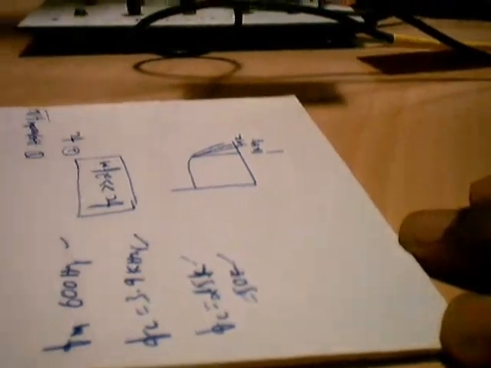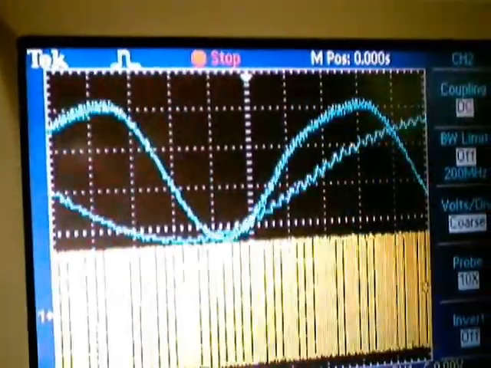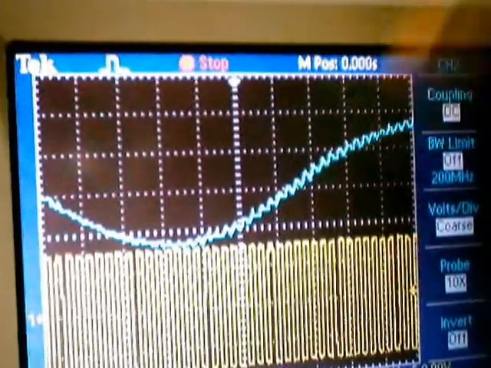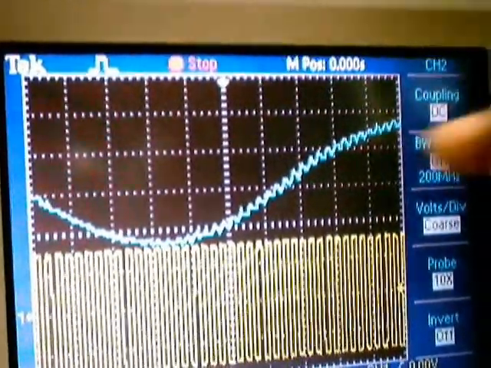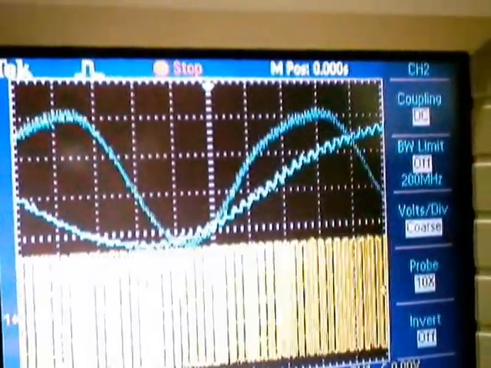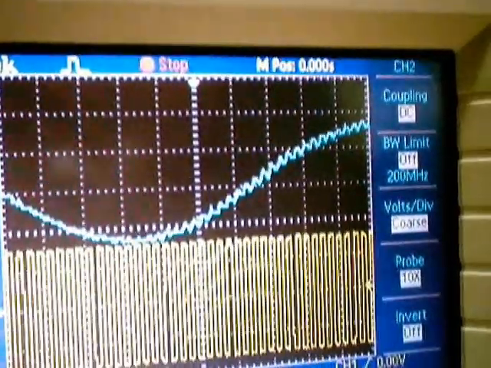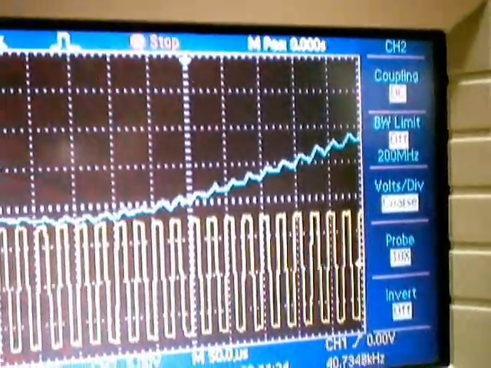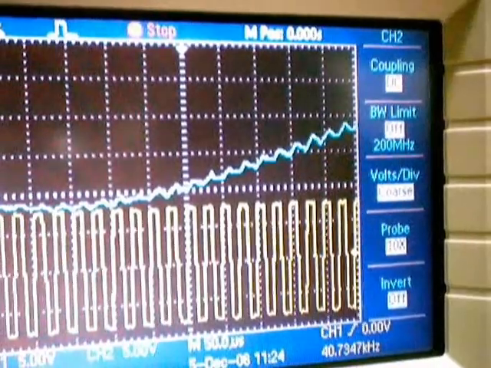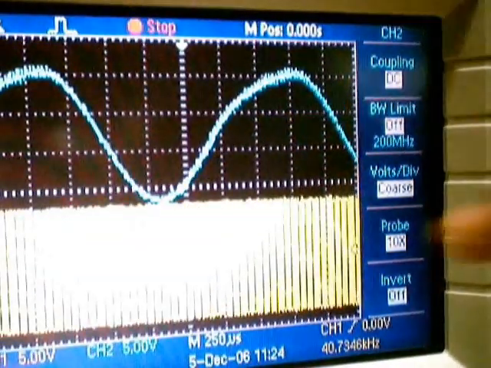Now I'm having a very small ripple amplitude. You can see the ripple amplitude is very less. Even so, you can see the charging and discharging is still there. This is the charging and discharging of your capacitor, but you can see its amplitude is reduced. The basic concept of charging and discharging is still there for your capacitor, but its amplitude is reduced because we have